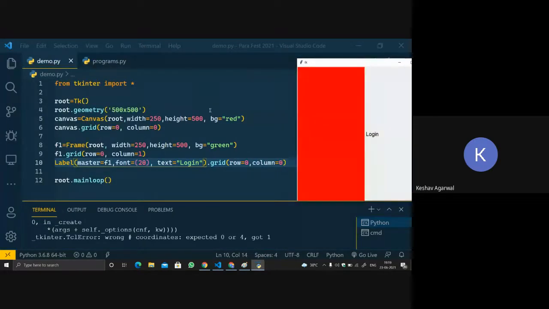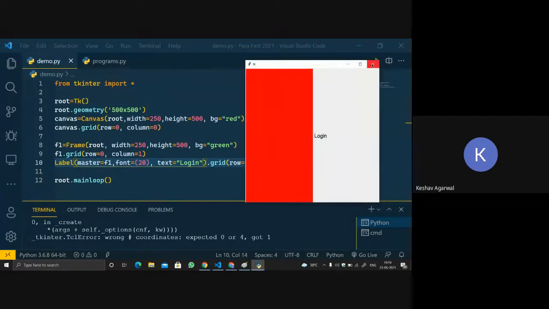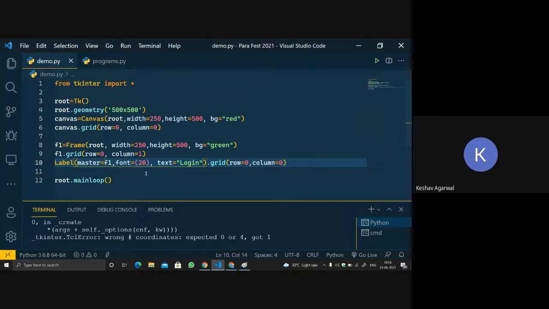We are still getting it. Just let me check why this error is coming.